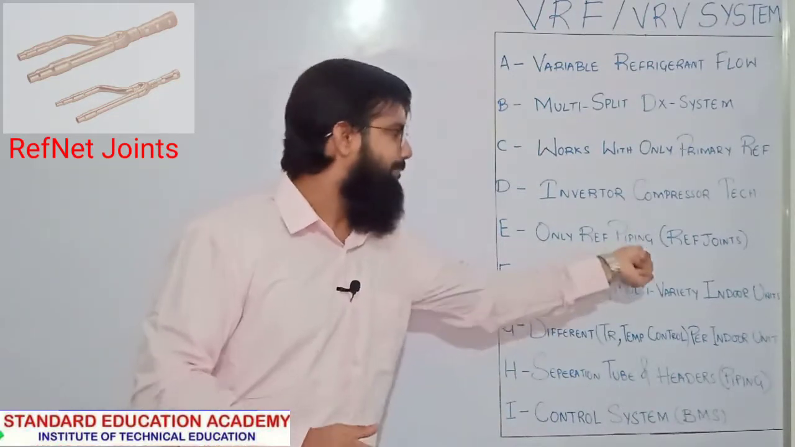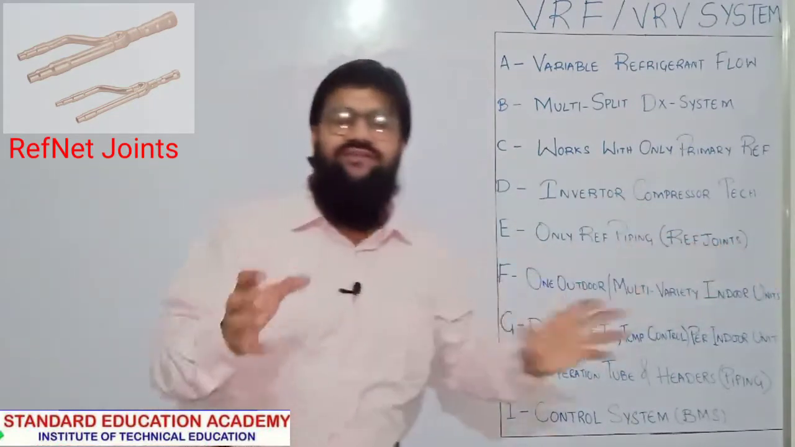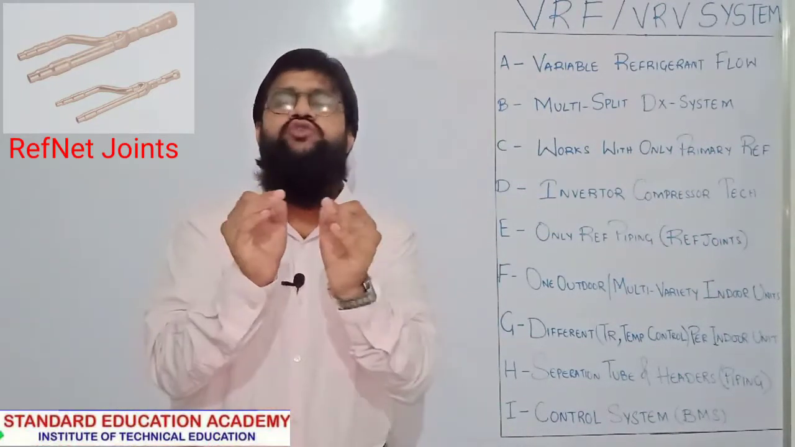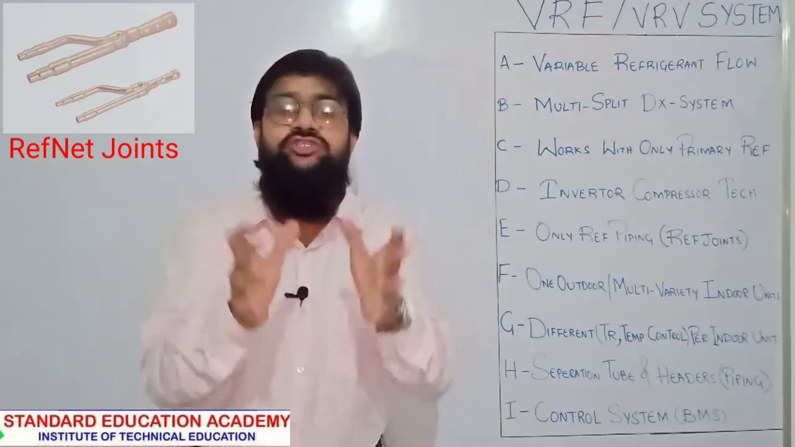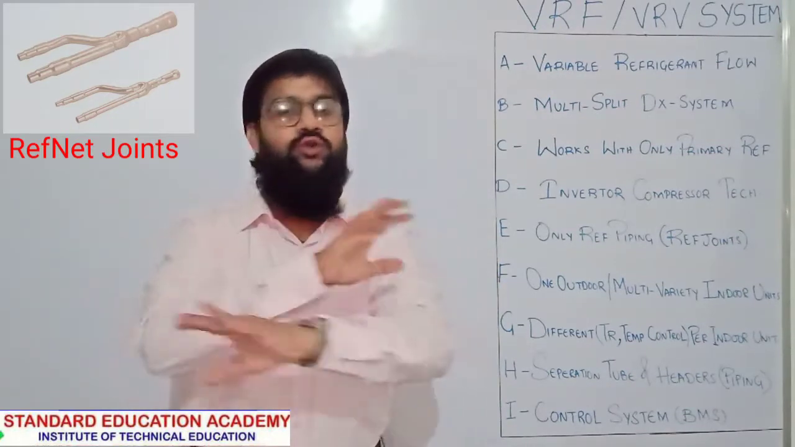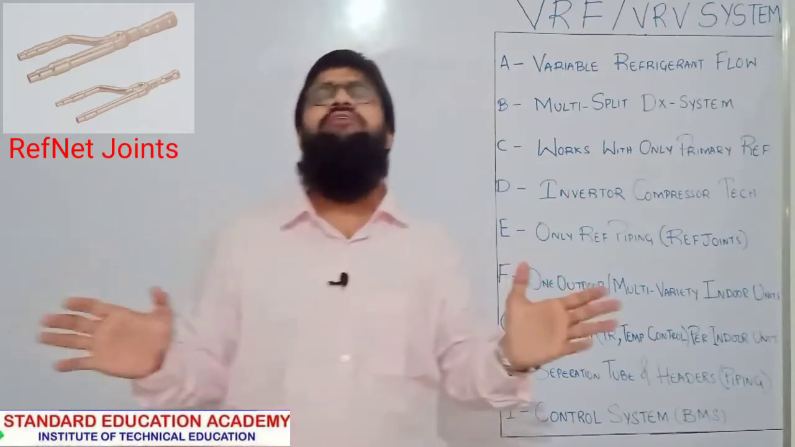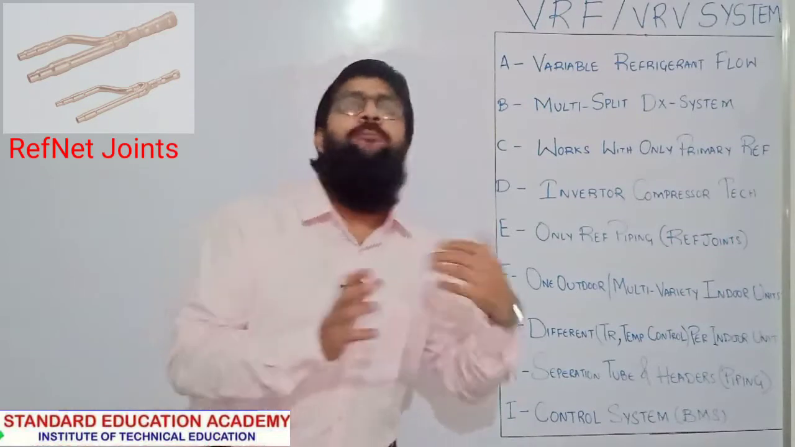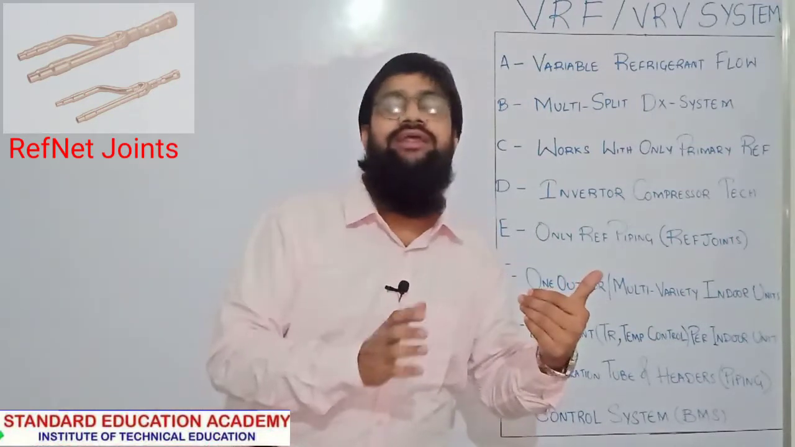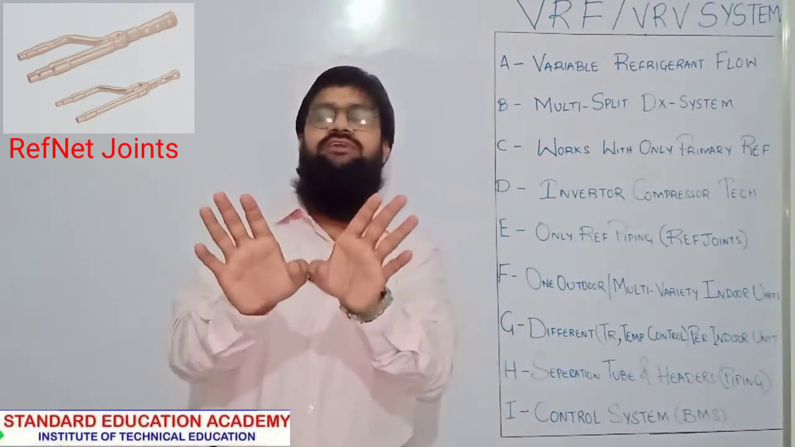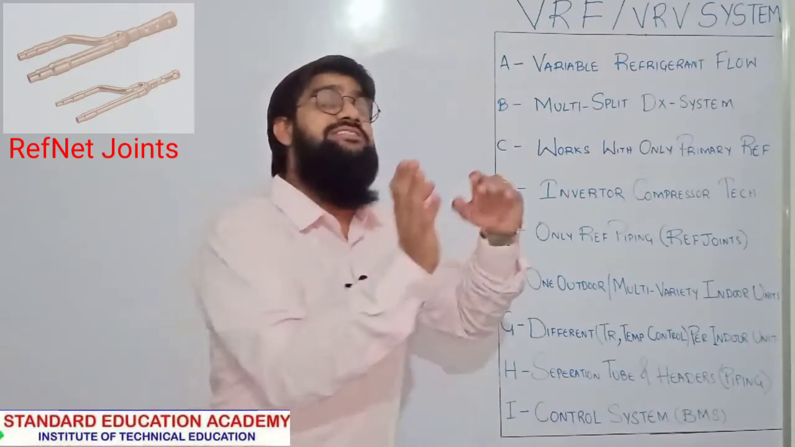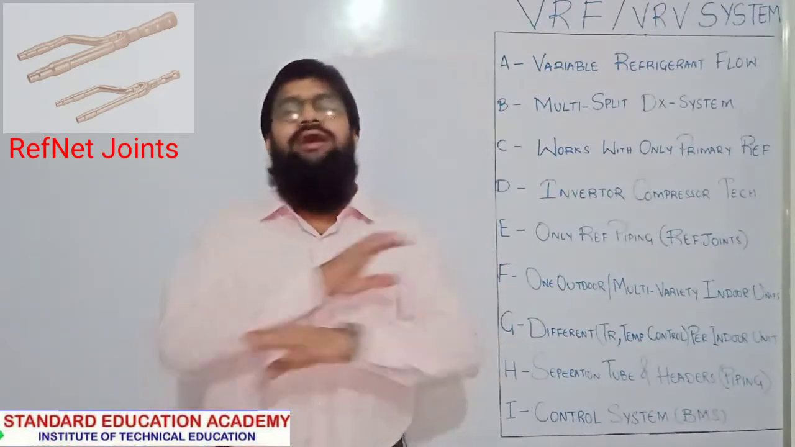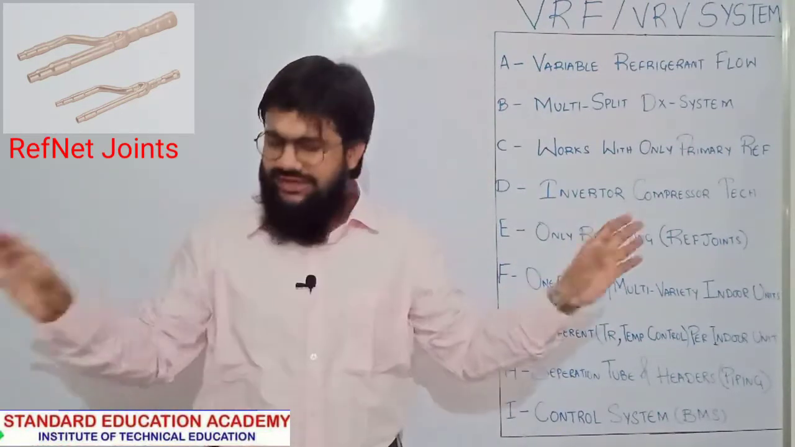Only refrigerant piping, that is nothing but ref joints, that is nothing but copper pipes. Here there is no provision for ducts. No ducts will be found in most VRF VRV systems, but you will have an optional requirement for ducts that can also be given in a VRF VRV system, but that's optional. You will have an option to go with ducting, but as a general rule, no ducting will be there